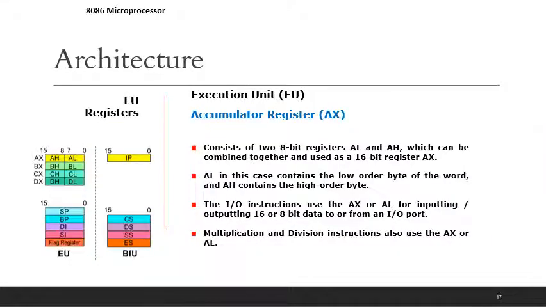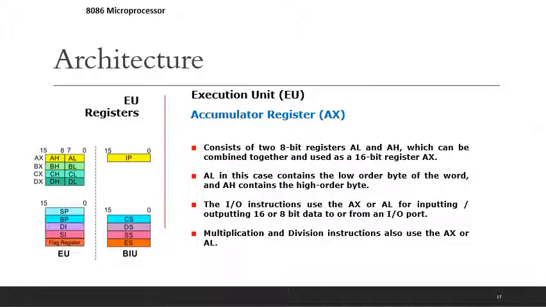Let us see in detail about each and every register of the execution unit. First, we will start with the accumulator register, that is the AX register. It consists of two 8-bit registers AL and AH, which can be combined together and used as the 16-bit register AX.